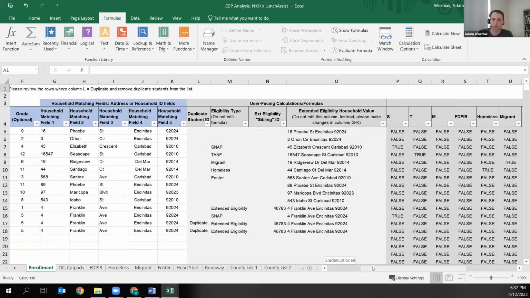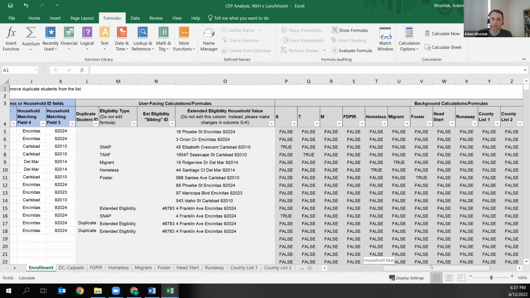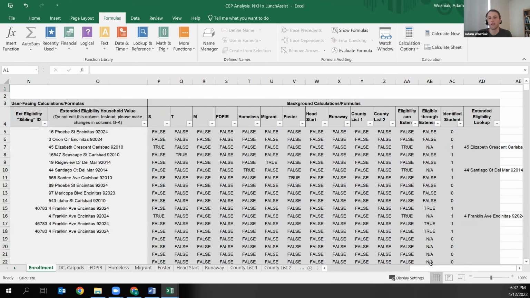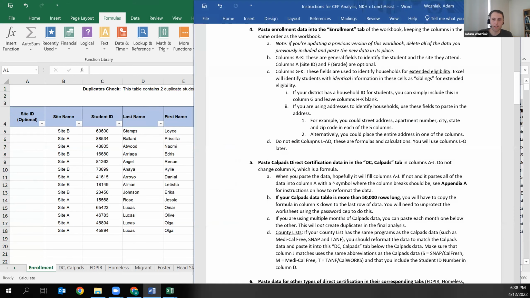Then these gray formulas are calculations. We'll get to L through O later for extended eligibility, and everything from P onward can really just be hidden. You can ignore what's going on in the background, but if you like nerding out with spreadsheets like I do and seeing how some of these things are calculated, that's there to see as well. So now that we've got the enrollment data in there, the next step is to